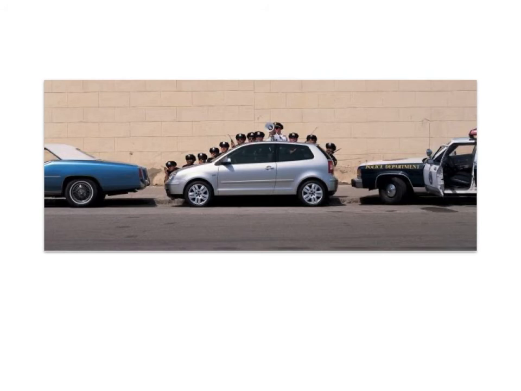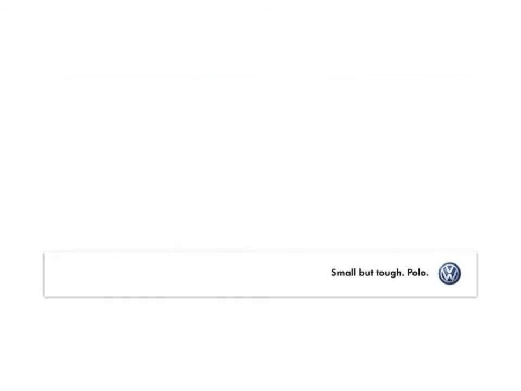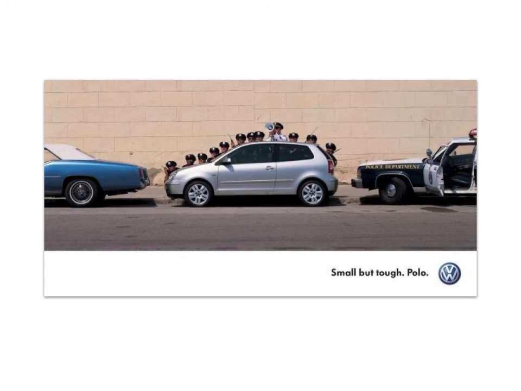Together, an image and copy create an ad for the most part. It's a symbiotic relationship. They both need each other. In this case, I'm showing you just the image. So you look at the image and you go, oh, okay, it's a bunch of policemen hiding behind a car. Okay, it doesn't really mean anything until you put it with the text and you get this. You go, oh, okay. So they work cooperatively. The visual and verbal components produce a greater effect than either one of them can produce on their own.